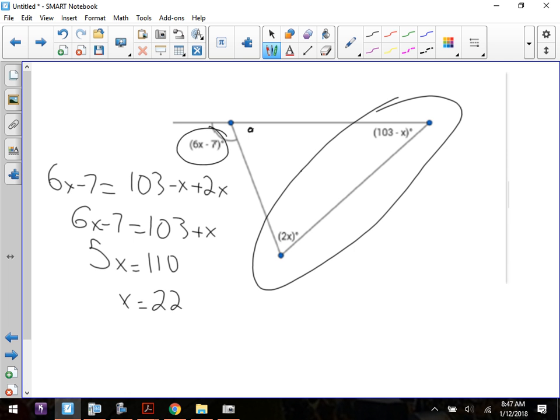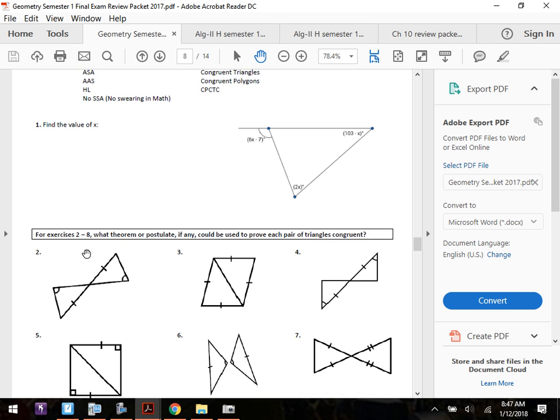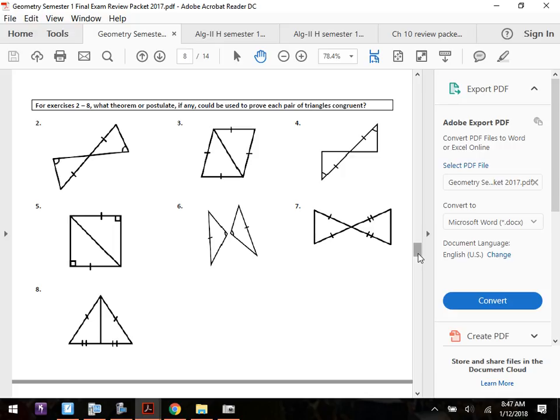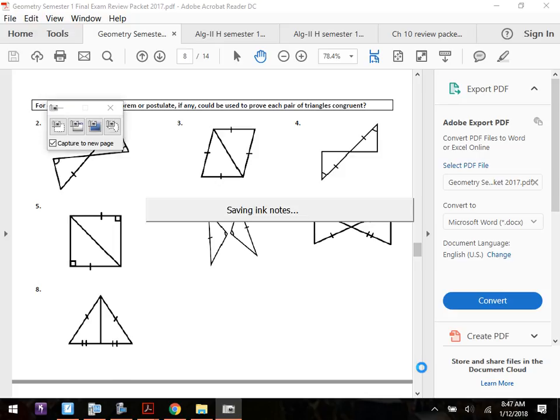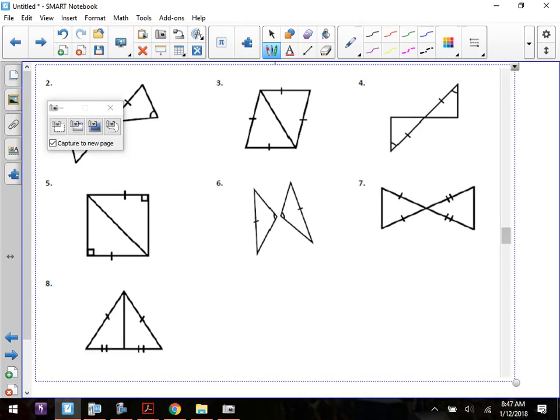The second part of that review goes through. How would you be able to show whether or not these things are congruent? This is when we would just mark our diagrams. Things like that. So as you look at this one,